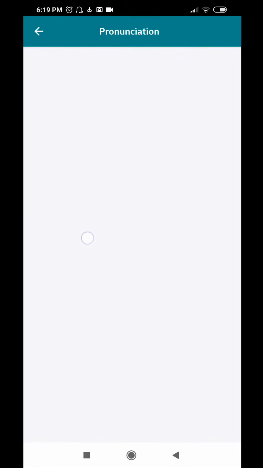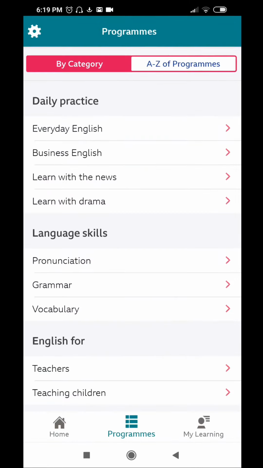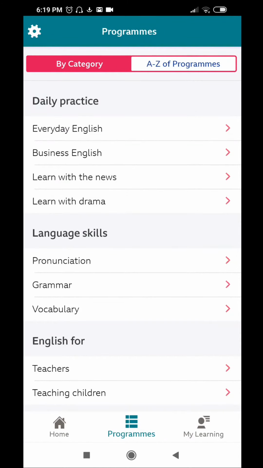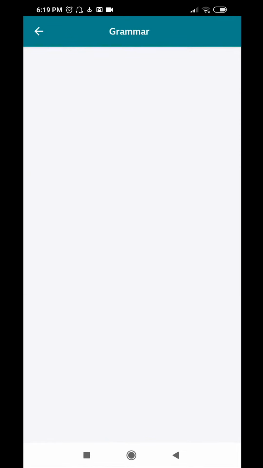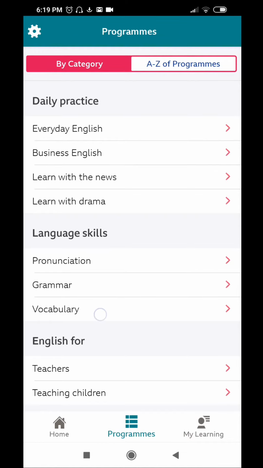Besides language skills, let's go back here. I also have daily practice. This one, our daily practice, you can have everyday English, you may have business English, learn with the news, etc. But I really like this one here where I have those 3 skills: pronunciation, grammar, and vocabulary. Alright, so if I go to grammar, for example,